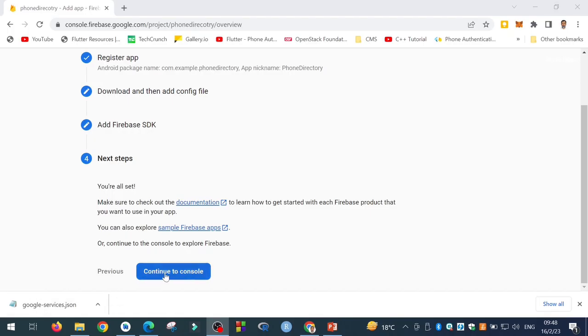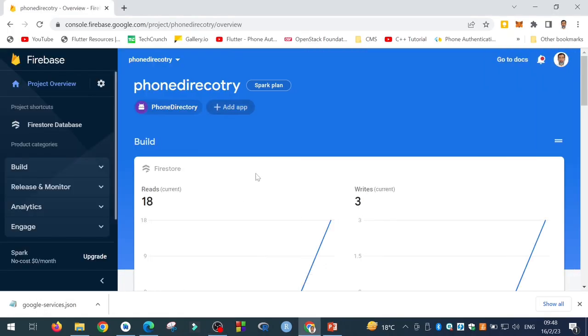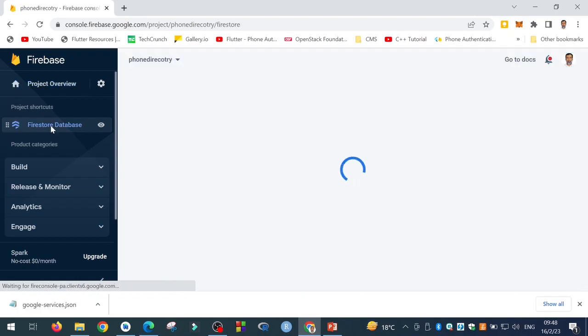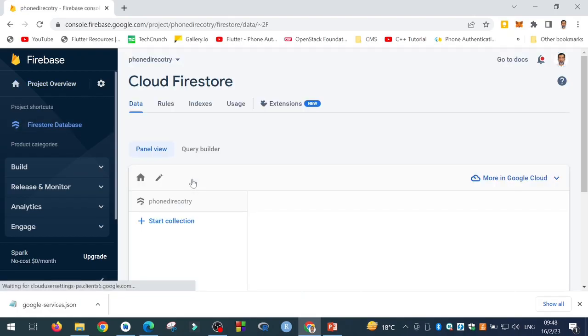So click on continue to console, and here you have the phone directory app which is added to your project. This is your file based project and your app has been added. Now there is one other small thing: when you go to the Firebase database, you need to